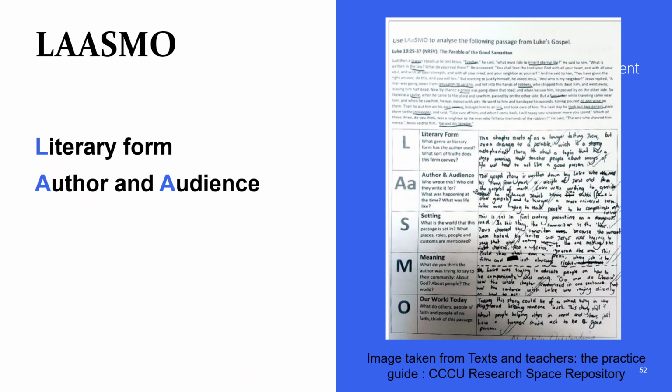The process begins by teaching the literary form of the chosen passage, noting the text structure and purpose and the kind of truths the form conveys. The teacher will then teach pupils who scholars think were the author and audience of the writing and what was happening at the time it was written.